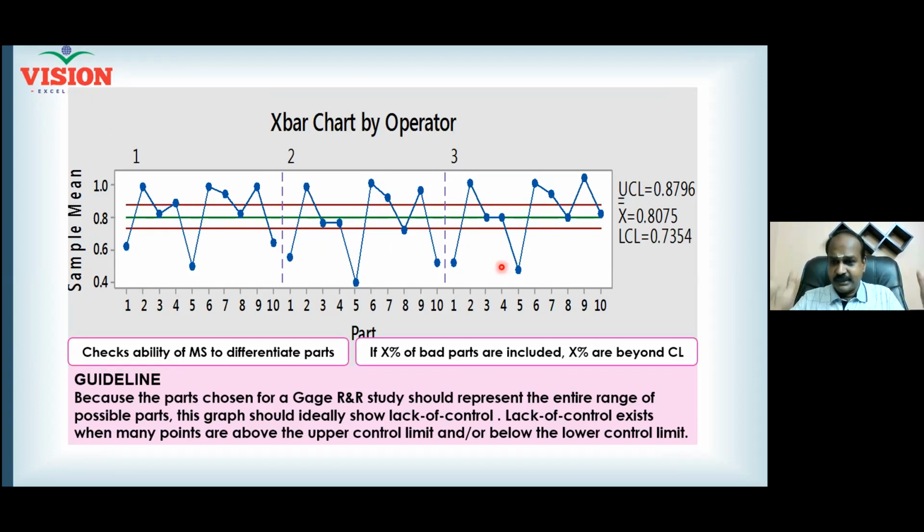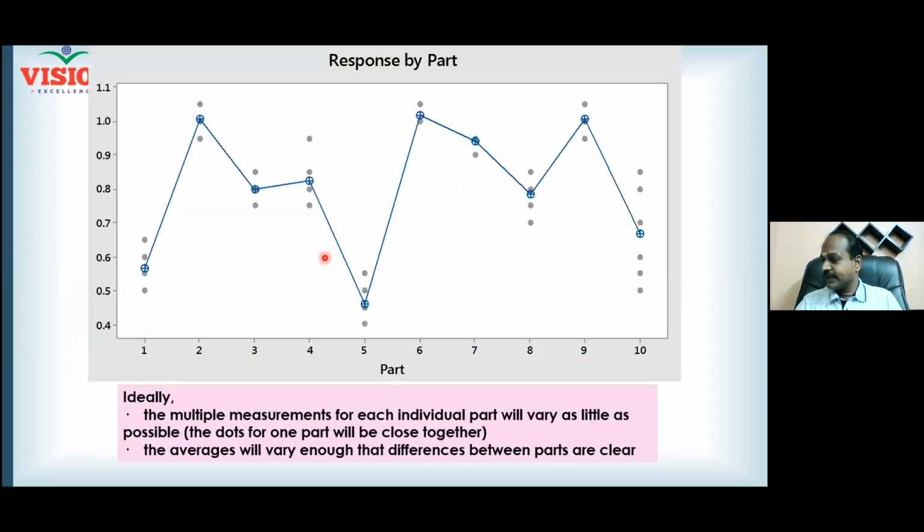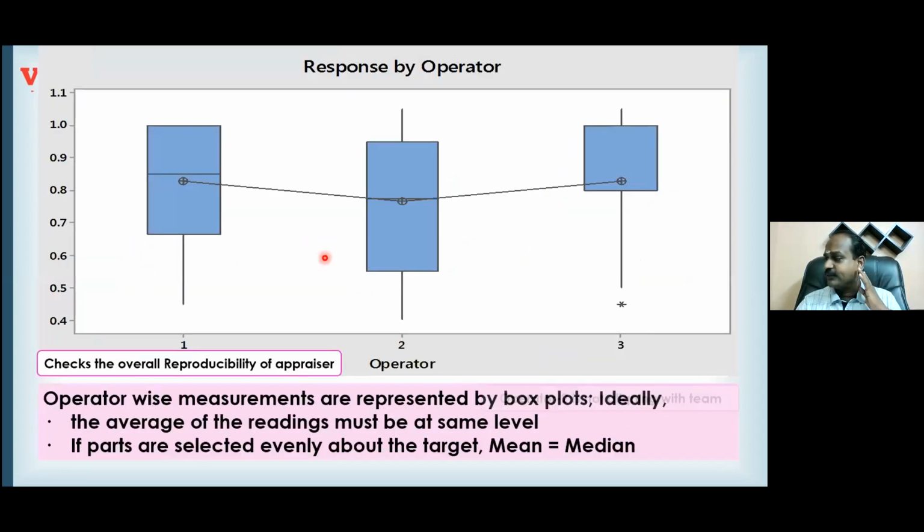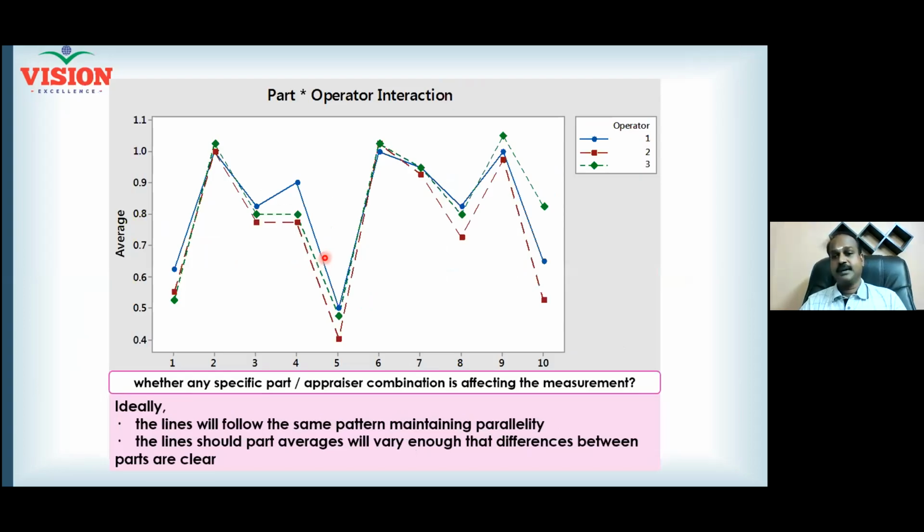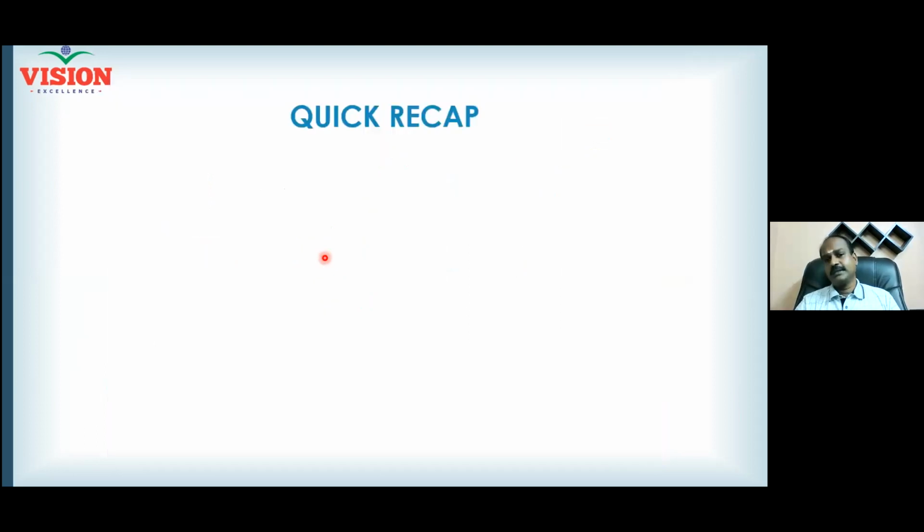If all of them are measuring in the same way, the pattern will get repeated. If all of them are measuring exactly the same way, then the pattern will exactly overlap. So what is expected is overlapping, and what is expected is the same pattern. So you can check for the overlapping and you can check for the same pattern. And wherever you are not able to get overlapping, wherever you are not able to get the same pattern by following the parallelism, you can judge what is going wrong. And this is how these graphs will help you.